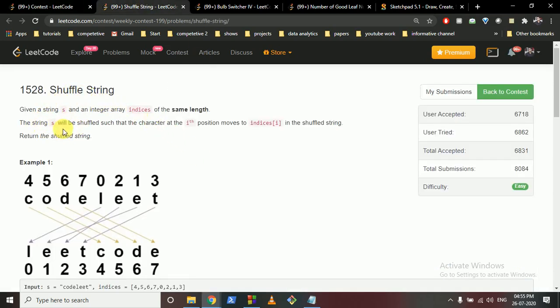It states that you are given a string s and an integer array indices of the same length. So as you can see, you are given a string and some corresponding indices. Let's assume that 4 corresponds to C, 5 corresponds to O, 6 corresponds to D, and so on. And now what you have to do here is you have to sort, or